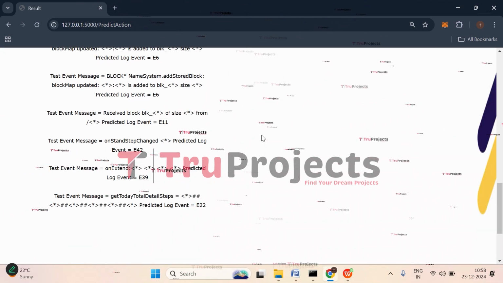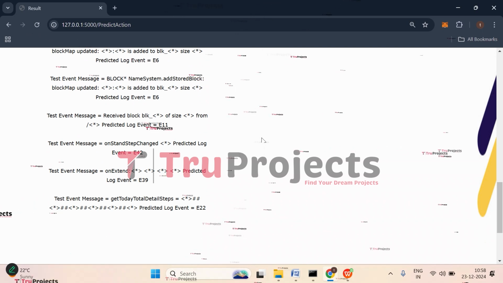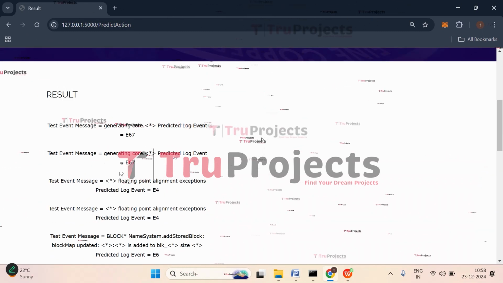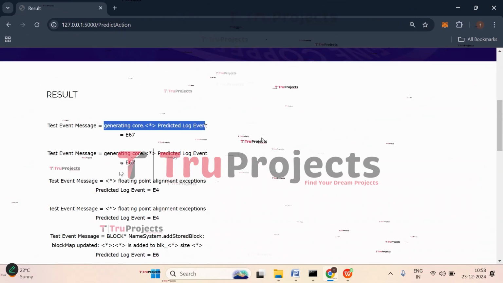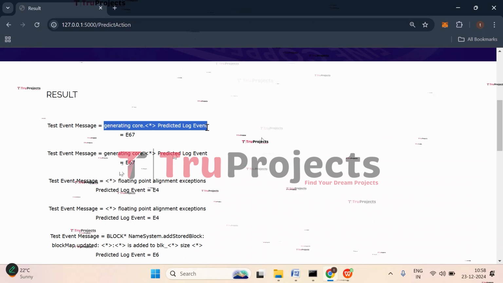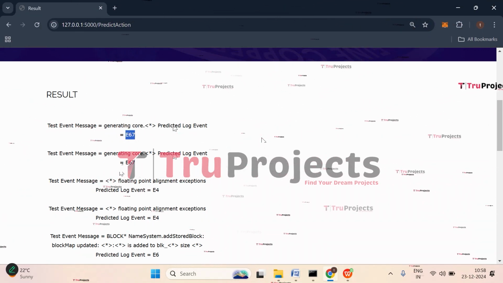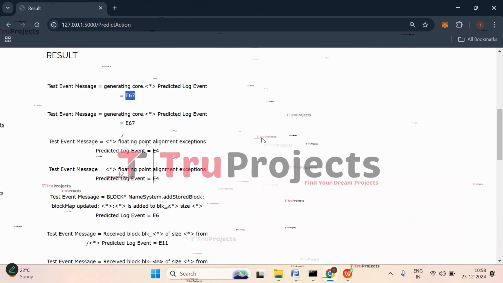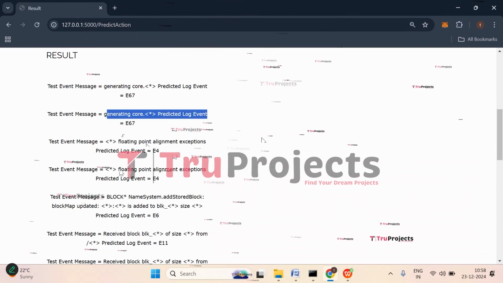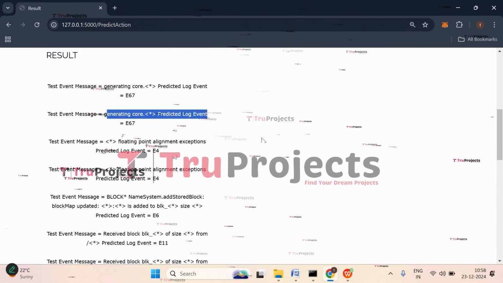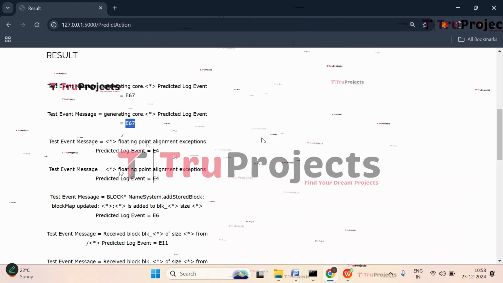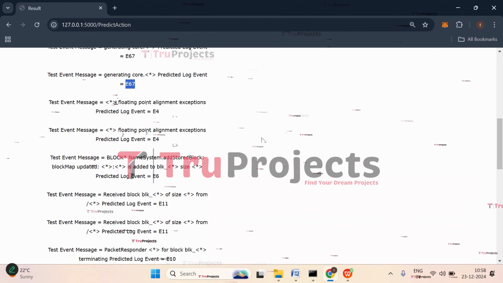In the file which we have uploaded, it has all these test cases. So for the first event message, here it has predicted that it belongs to the E67 log file. So it has classified it as the E67 log file. Similarly, for the second log file event also, it has classified that it belongs to the event 67. Accordingly, for all the other log files,